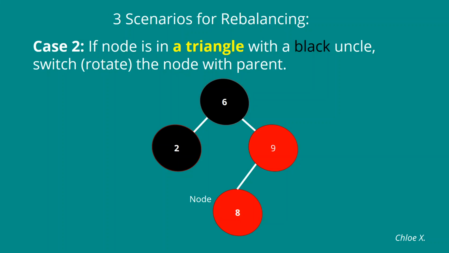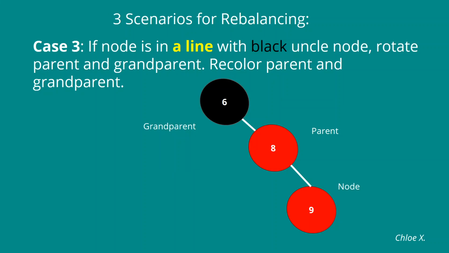Case 2. If a node is in a triangle with a black uncle, we switch, the typically more used terminology is rotate, the node with the parent. Node's parent here is 9, so we rotated 9 to the right. In case 3,